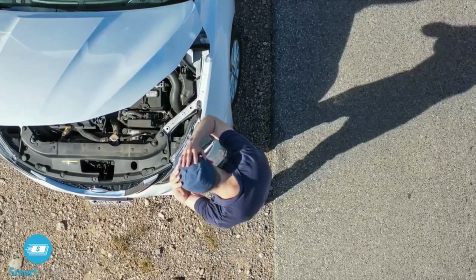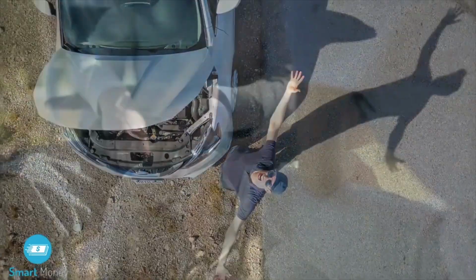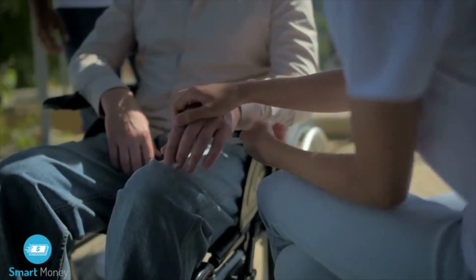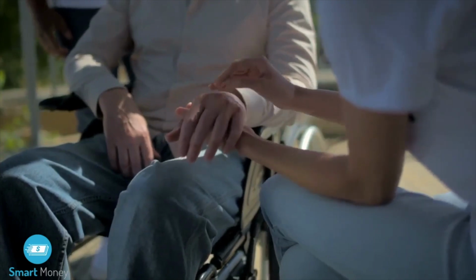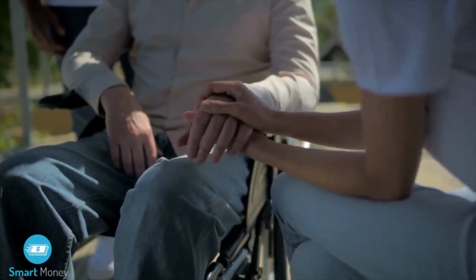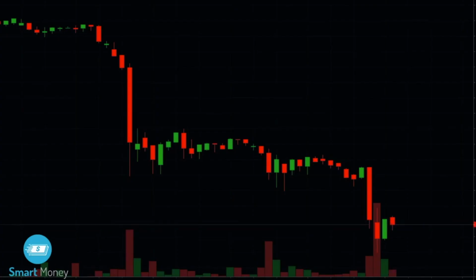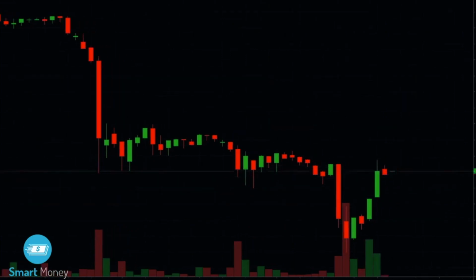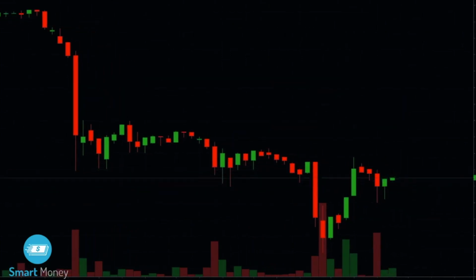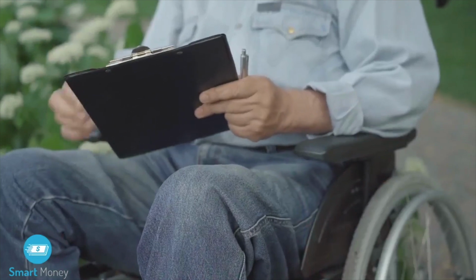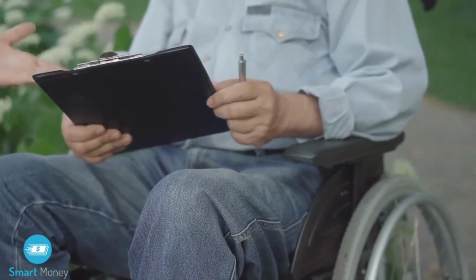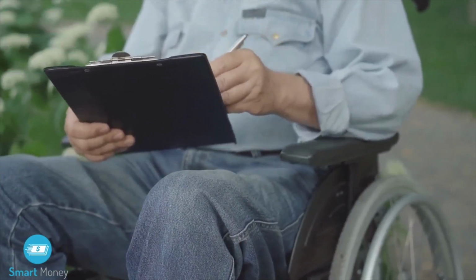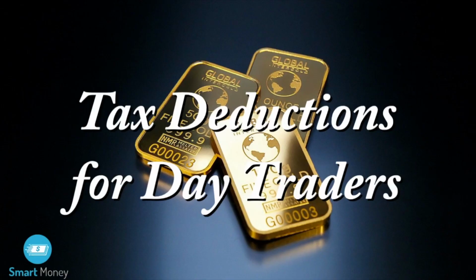However, there is an issue some may consider to be a downside. Since you don't make contributions towards Social Security, you will not qualify for Social Security retirement or Social Security disability insurance. But as most day traders are financially savvy, they should know how to invest their money for their retirement goals. It's unlikely that day traders will need a Social Security system that might not even exist when their retirement age comes around. Tax deductions for day traders.